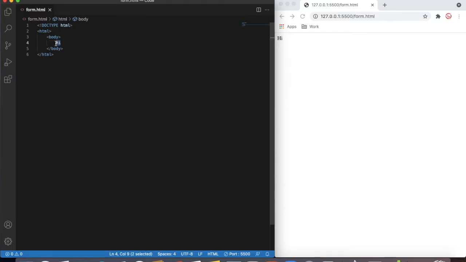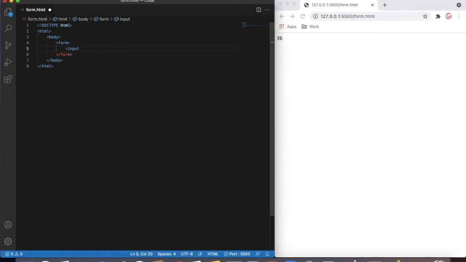Here, today we'll talk about the form. To define a form, we have to define the form element. Once you define a form element, inside that, it's a form like a registration form, you can start taking the input from the user. So first we'll type the input, and then we have to define what type of input it is.